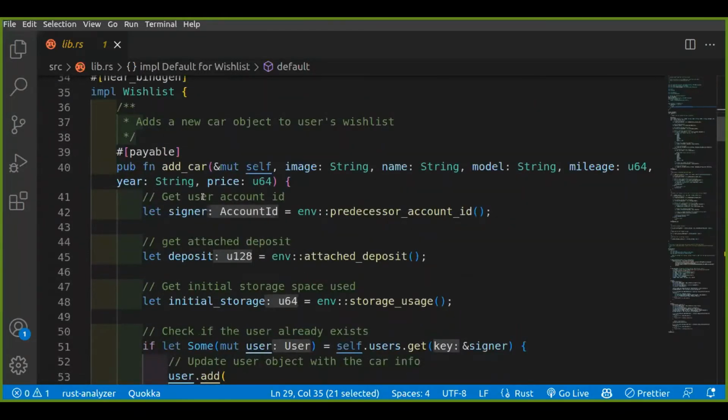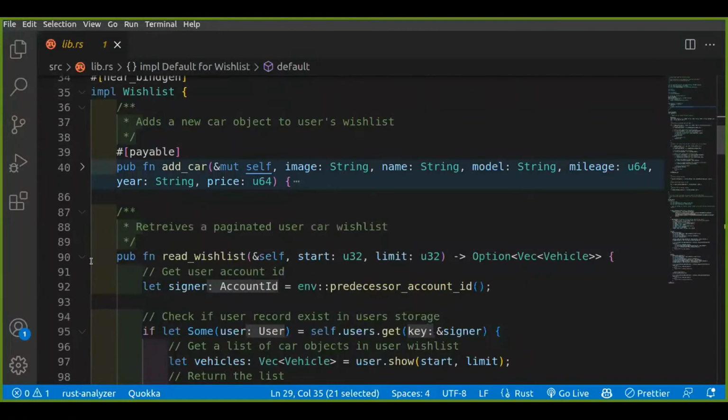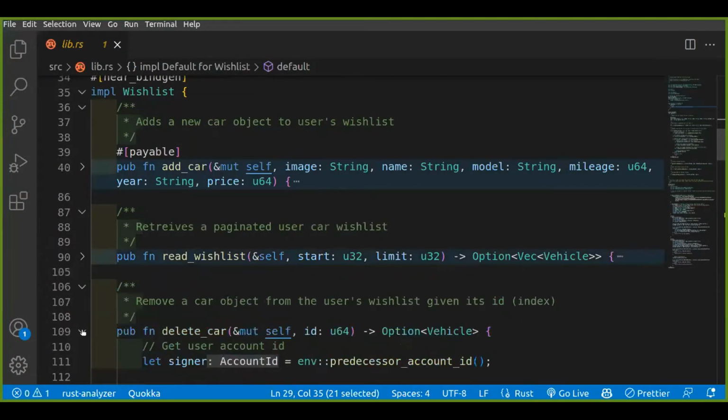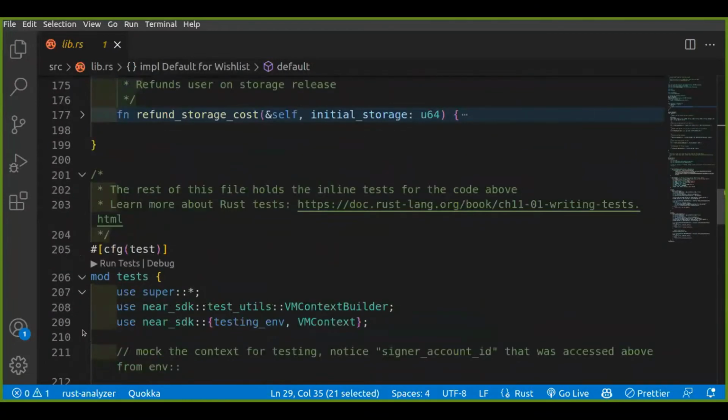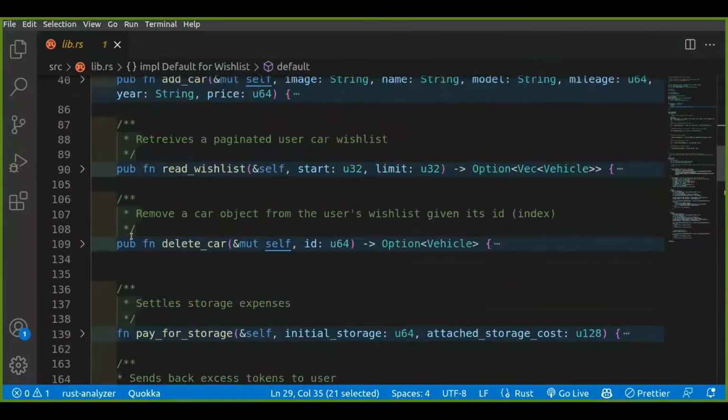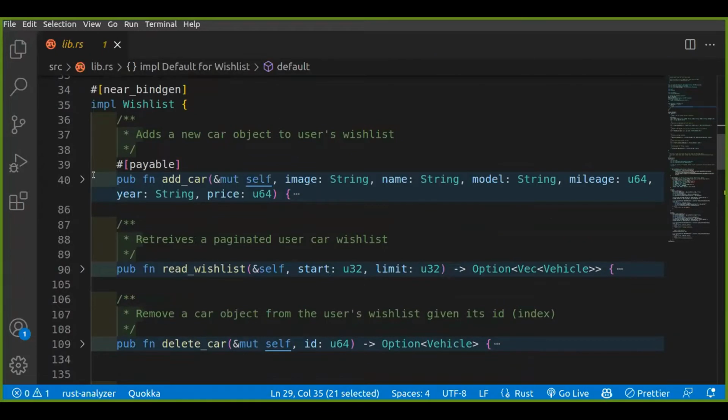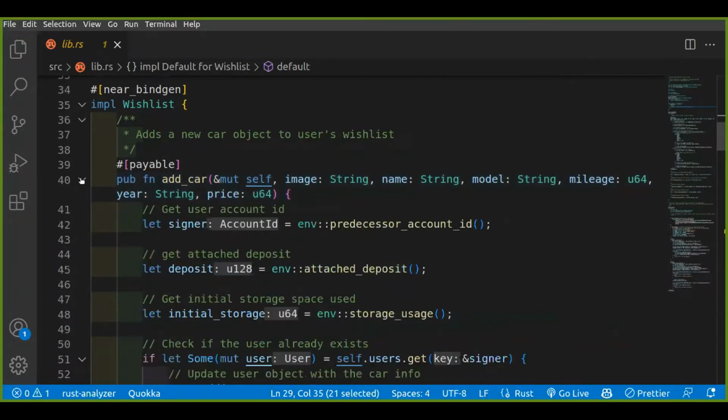And the very first, let me just minimize the functions for now. We can walk through them as we proceed. So let's first of all talk about the add car method. Now, this method is given the parameters we expect the user to pass in, and that is what you can see: image, name, model, mileage, year, and price. We're going to be able to add that particular car information to the user's